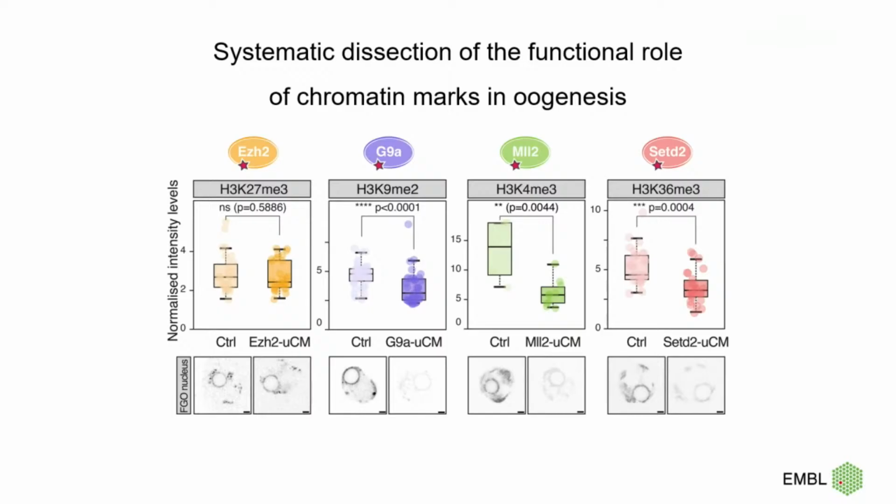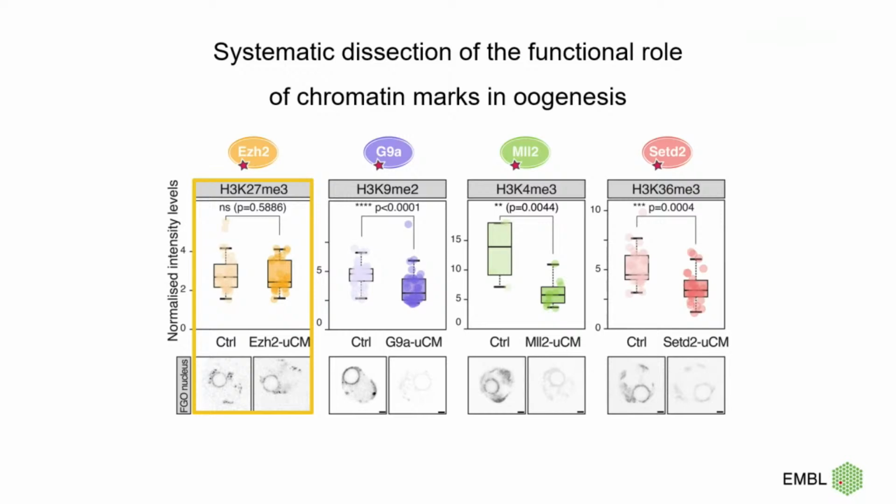mark, with the only exception being EZH2, in which, despite clear evidence of genome editing, we saw no change in H3K27 trimethylation, which is possibly due to either genetic compensation or a high stability of this mark, which requires cell division to be removed. But nonetheless, this left us with 4 different catalytic mutants, which we can now use to